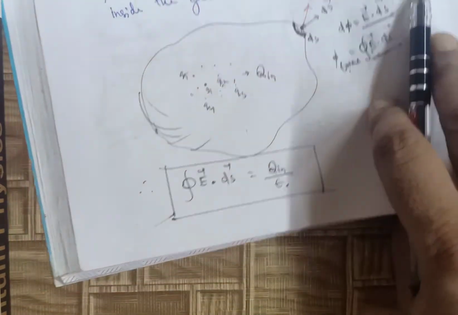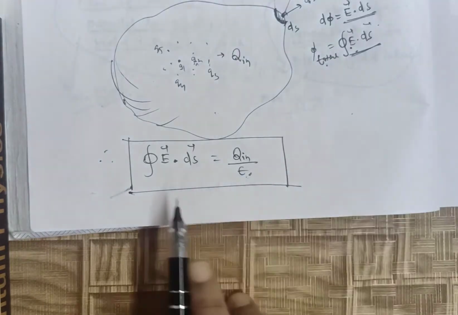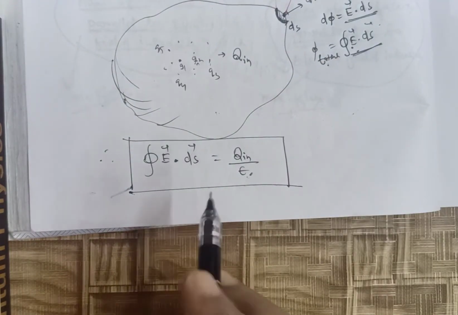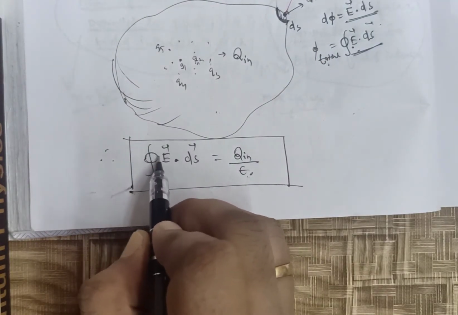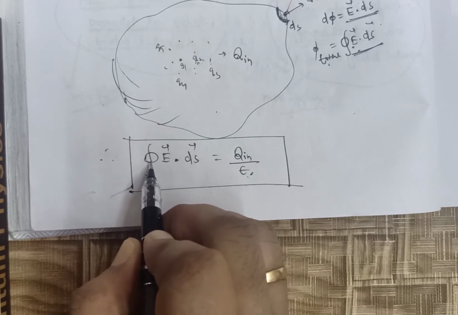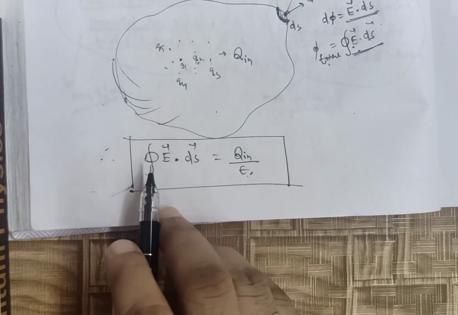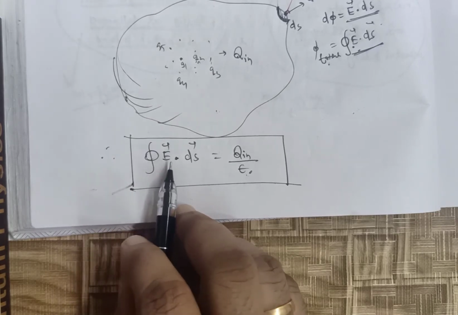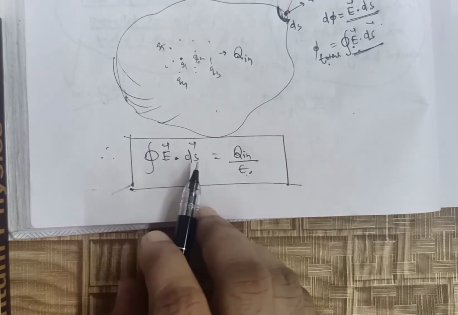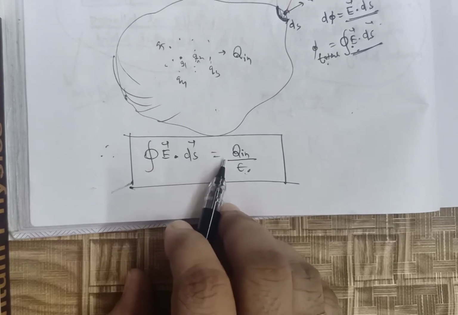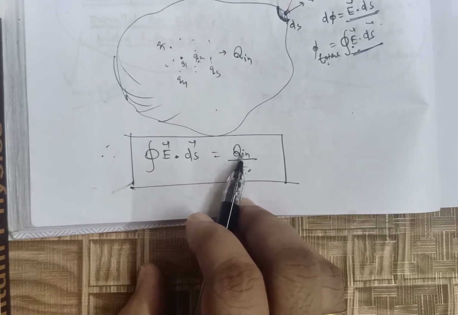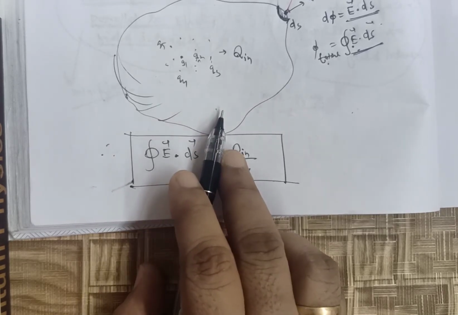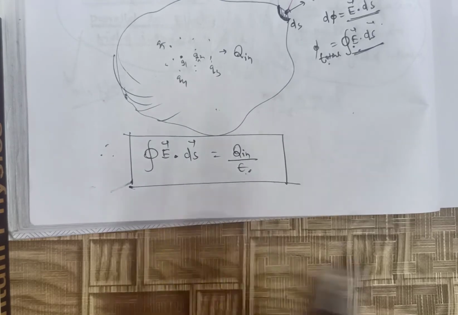From this statement you can also say in your language the closed surface integral. The symbol represents integration, this represents closed surface integral. The closed surface integral means total flux. The closed surface integral of electric field intensity through a surface is defined as the amount of charge present inside that closed surface divided by epsilon 0.